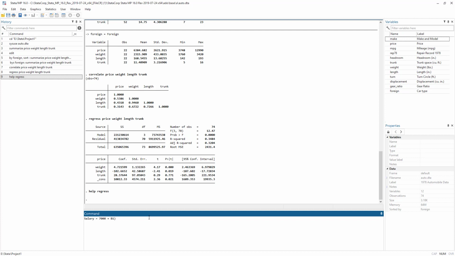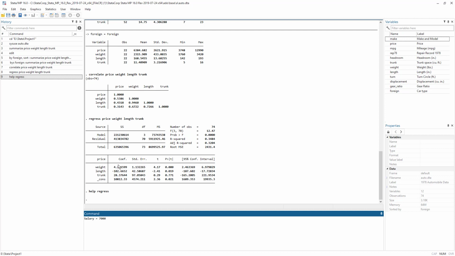The interpretation would be that the salary of a person would be 7,000 even if all the independent variables were 0. So in this case, if the education was 0, this aspect would be 0 and we would be left with 7,000. So the value of the dependent variable when all the independent variables are 0.